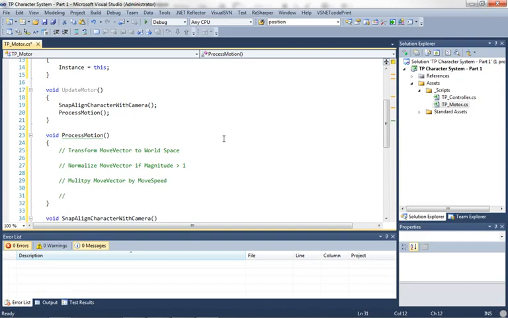After we've done that, our move vector will now be in units per update or units per frame. We need to convert that to be units per second. So to do that, we're going to multiply our